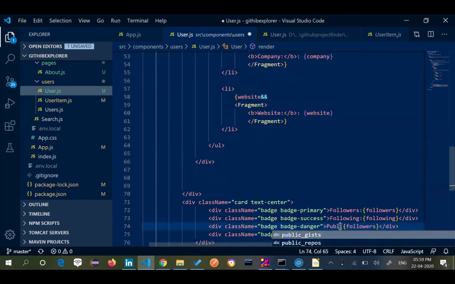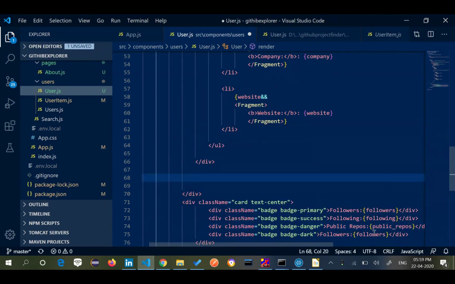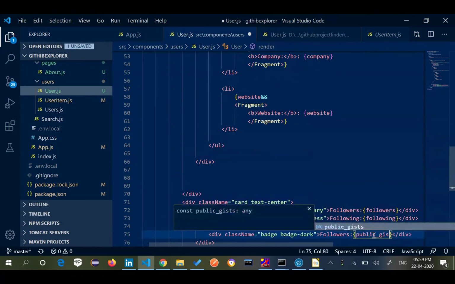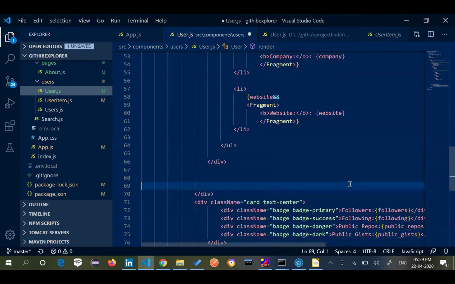Then we have public_repos, and public_gists.